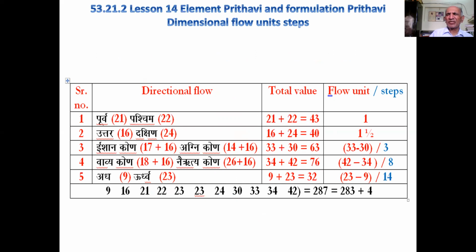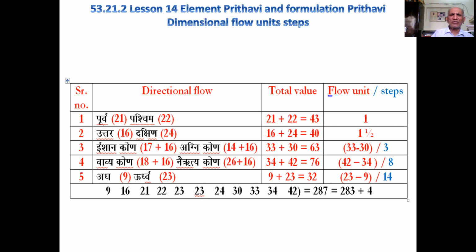These 10 directions as such make 5 flow lines: Purv Paschim, Uttar Dakshin, Ishan cone, Agni cone, Vayavya cone, Nairitya cone, Adh Urdhva. Therefore, this 10 directional frame is making 5 directional flow. And these 5 directional flow, as is depicted, tabulated, and is on the computer screen, well indicates that